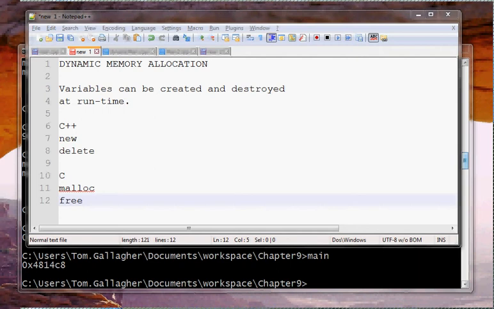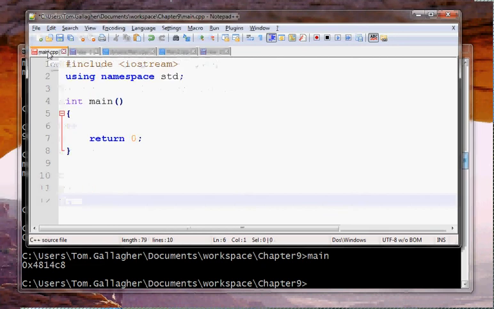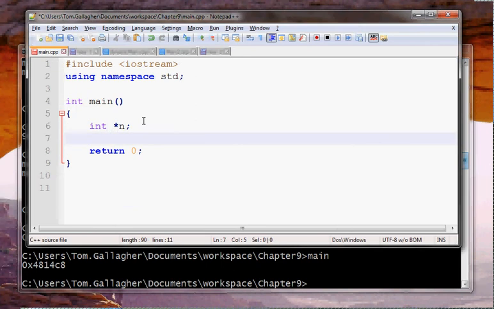Okay, so we'll look at a couple of examples here of how we would create a space in memory to dynamically allocate memory for a variable. Okay, so I'm going to create a pointer. We'll just call it n. If I go to do anything with n here, it's pointing to absolutely nothing, and I don't have any other variables that I want to develop at this point. So let's just go ahead and create a chunk of memory. Let's ask the operating system, hey, give me a chunk of memory here, and I'll say n